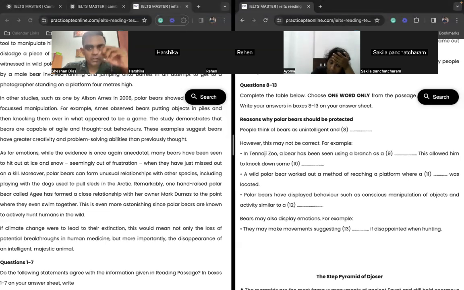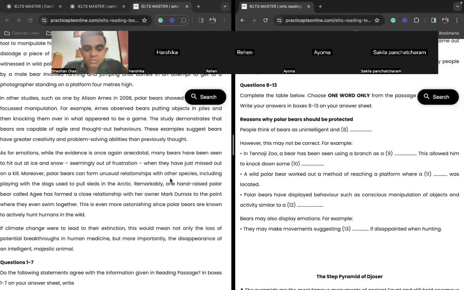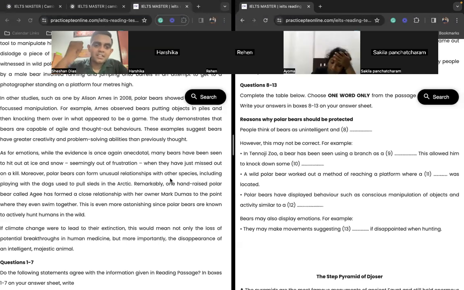To answer the questions of those who asked, if I'm doing the test on the 13th or if I'm doing the test on the 18th, what do I do? You have to perfect this method. Skimming, scanning, focused reading makes it very easy for you to locate the answers, right? You don't have time to go and summarize and read and all of that. Just do papers. Maybe before the 13th, do at least 10 to 15 papers. Keep practicing the same thing again and again. Then when you go for the paper, you'll easily be able to find answers.